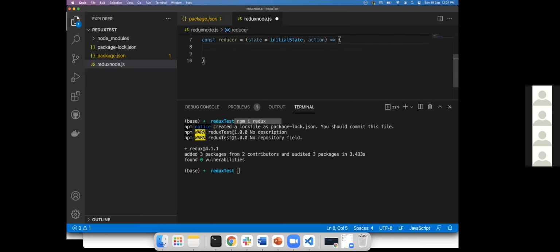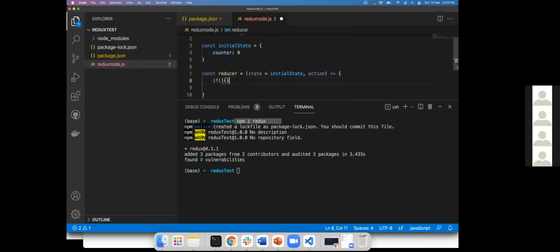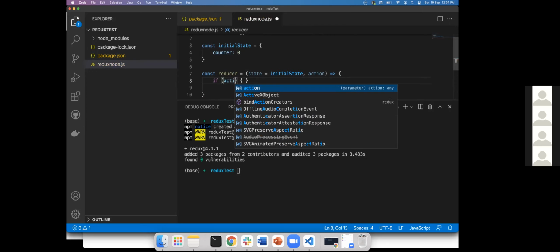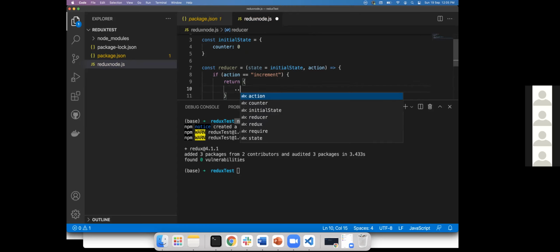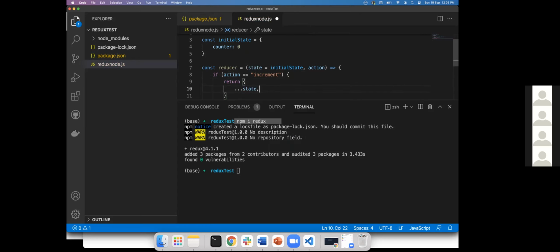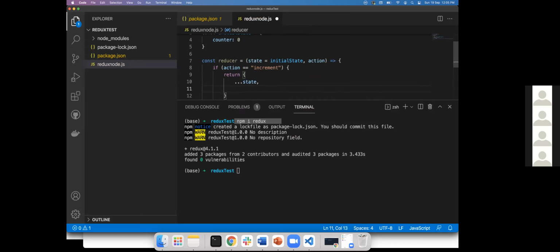And then let's talk about if action is equal to, let's say, increment. Then we'll say return state, comma counter.